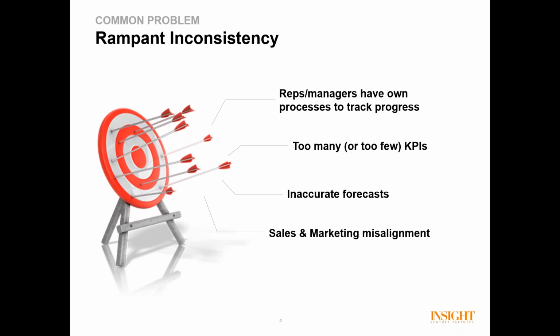Another thing we see are forecasts being off and missing forecasts, poor forecast methodology is another huge occurrence. And finally, a misalignment between what marketing is doing, what sales is doing, and we don't see a lot of mutually supportive